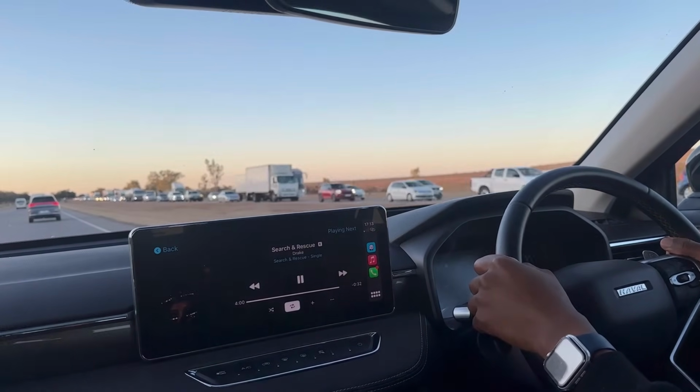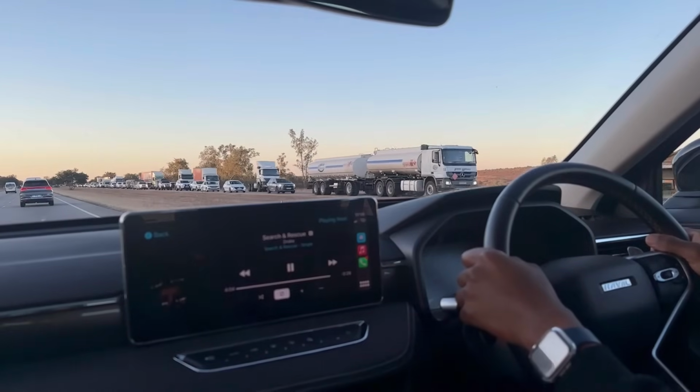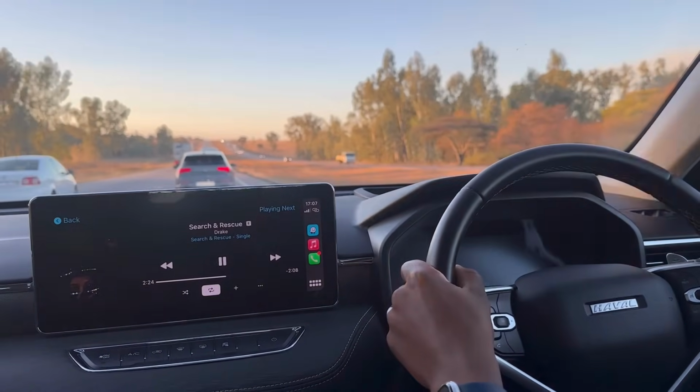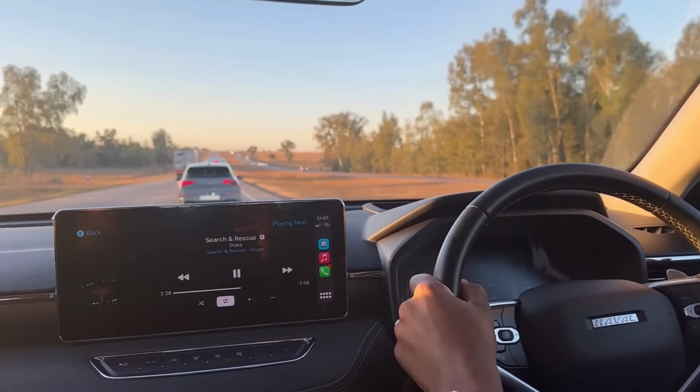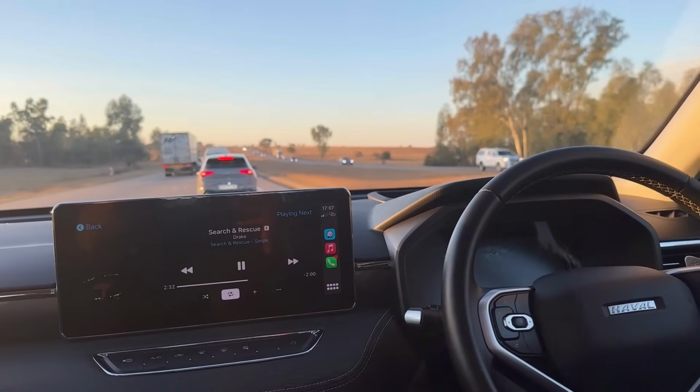But with that said, something Haval did well is the insulation. Hardly any wind noise, comfortable suspension, and it is a very easy car to do long distances in. Very comfortable. It's got a lot of safety features. In fact,